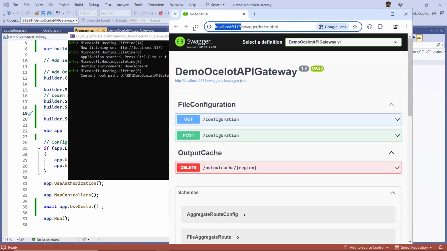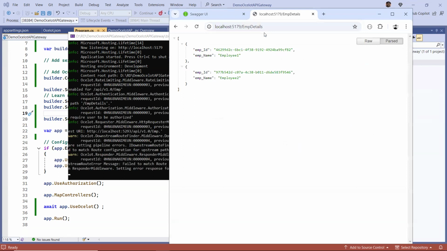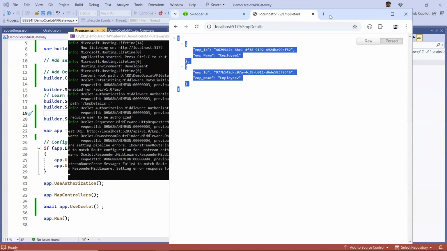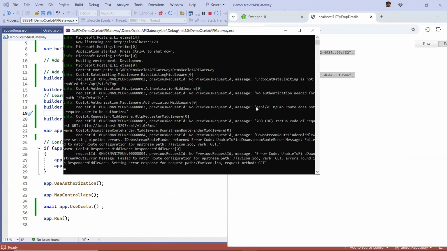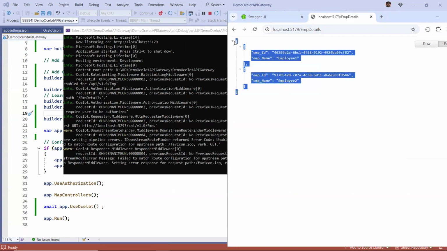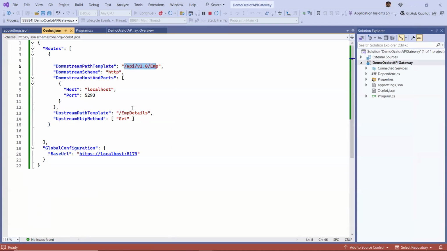Now what I'm trying to do is EMP details. Now look at this, I got the result from EMP details. If you look at here, it is just showing the trace, right? This is navigated to the appropriate endpoint API version 1.0, right? This is actually the original microservice. And by navigating to here, it is fetching the data. This is the data it is fetching now. So even if you look at here,